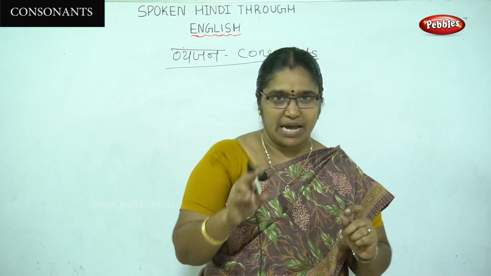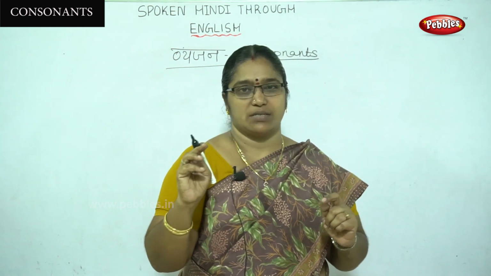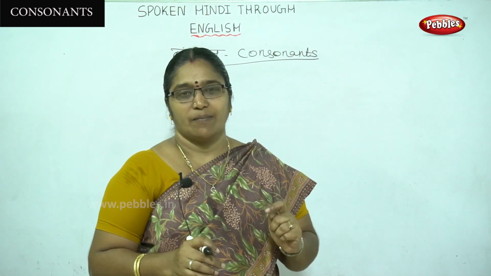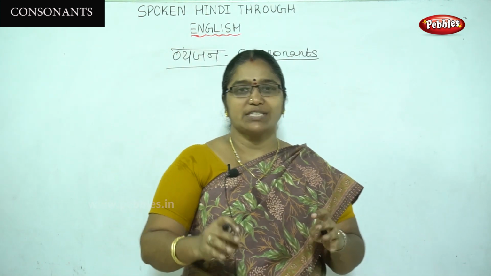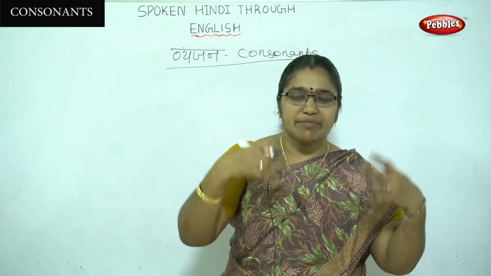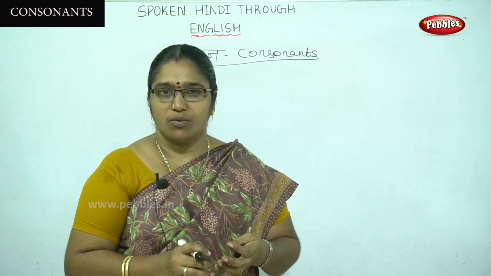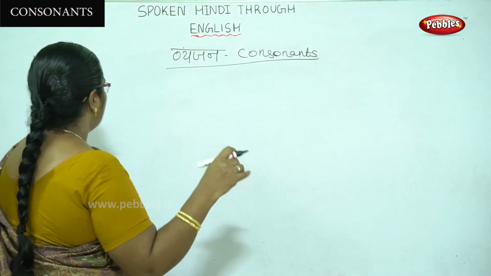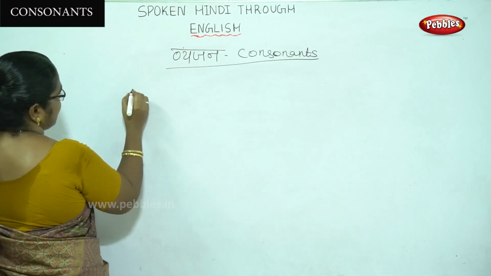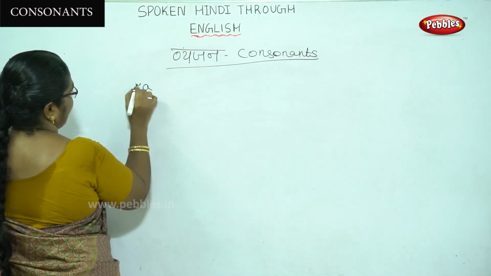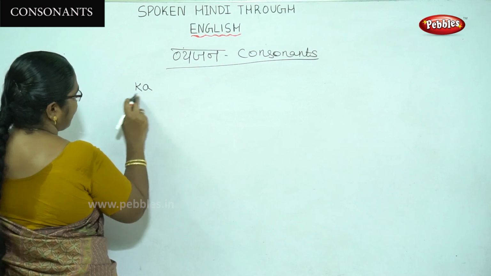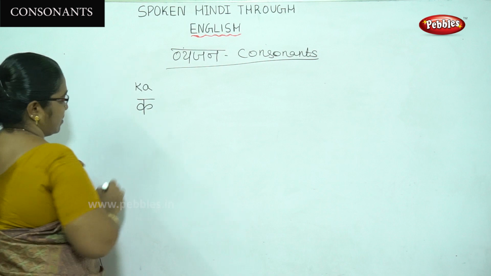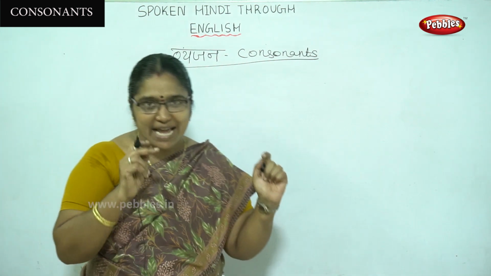Basically we call it ka. We have four kas, but with different pronunciation, different types of writing and different types of ending also. Now we can see the letters. This is ka. We have to give the k pronunciation.